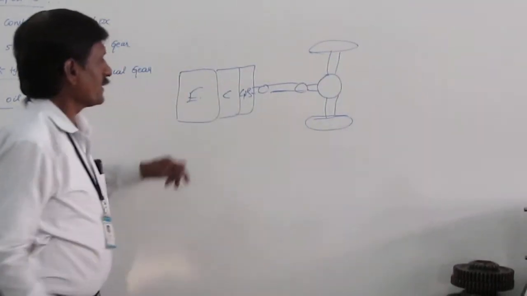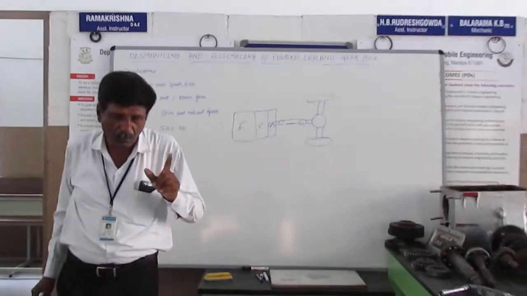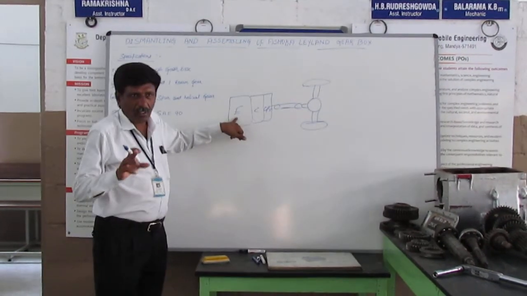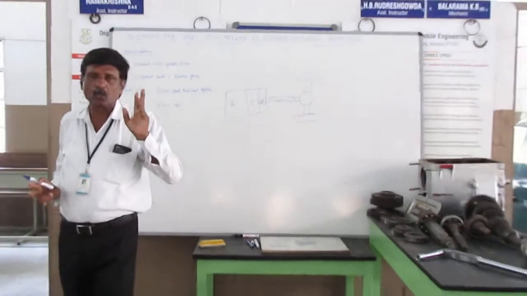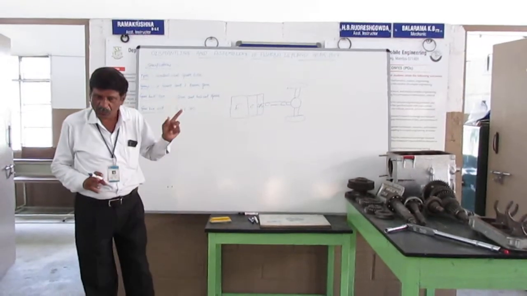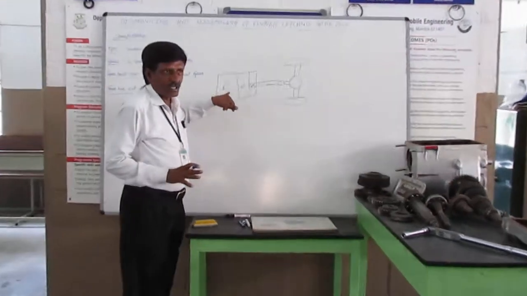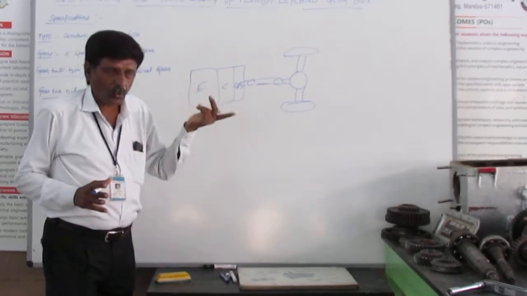One is the engine, it acts as a prime mover, it generates the power. And one thing you remember is the engine power is not constant. In an automobile, normally we are using a variable speed engine. In the engine, there are basically two types: constant speed engine and variable speed engine. In all automobiles, we are using a variable speed engine, which may be either a petrol engine or a diesel engine.